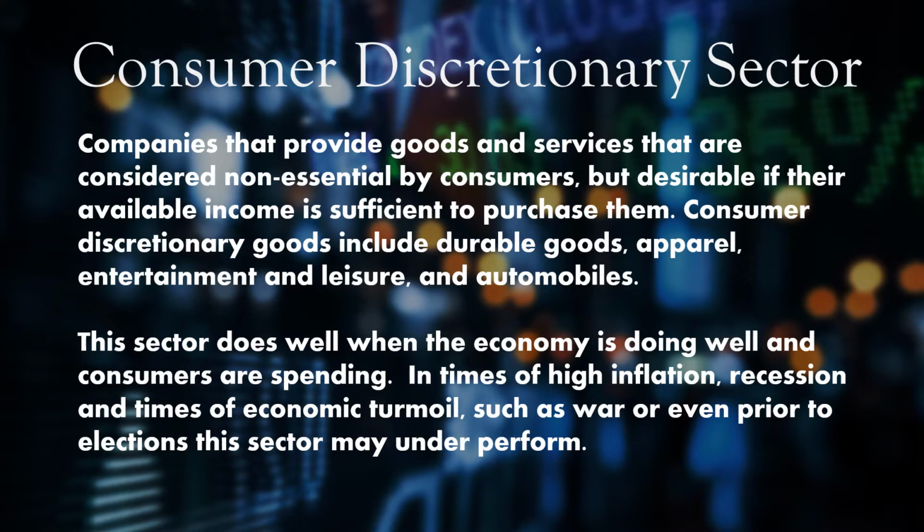So guys, basically the consumer discretionary sector is the stuff that you'd buy if you had extra money. If you're looking to get a jet ski, that's a discretionary expense. Whenever you go out and buy a new car versus a used car, you're making a discretionary choice on which way you go in that purchase, but both of those are really a discretionary purchase. You could probably find another way around if you absolutely had to. Some other things that might be discretionary: the type of clothes you buy. You can go to a place where you get something you absolutely have to have, or you go to some fancy high-end place. All the discretionary purchases fit underneath this sector.